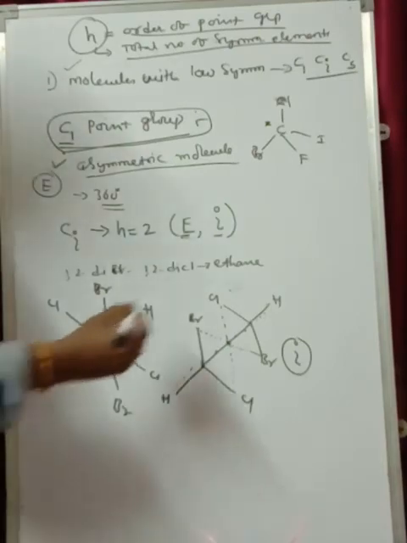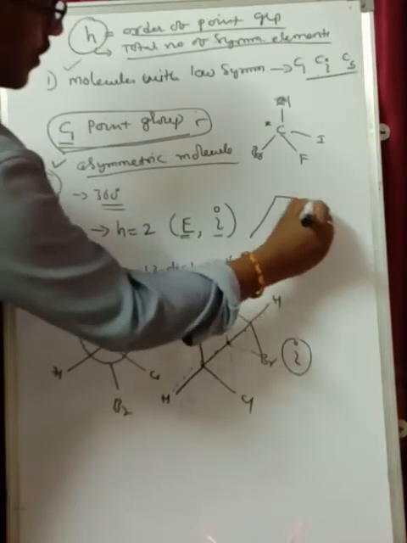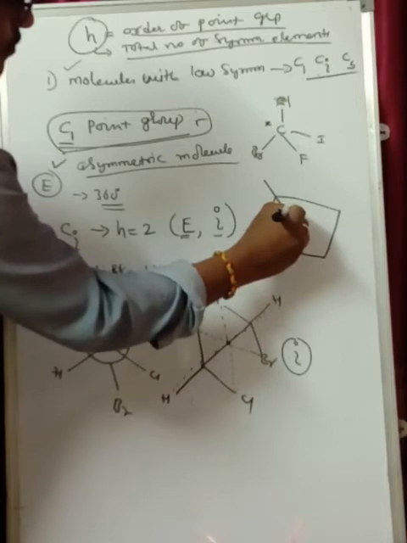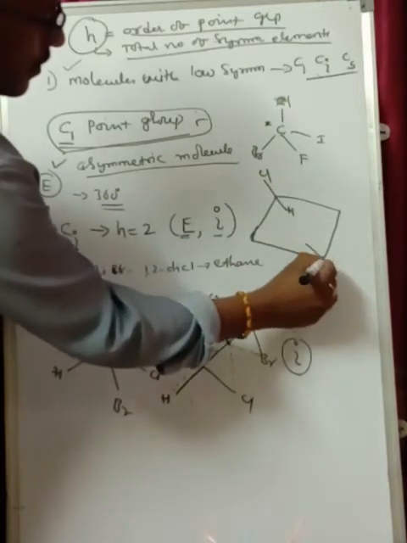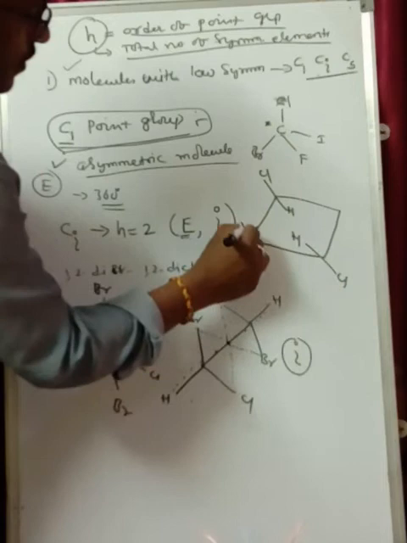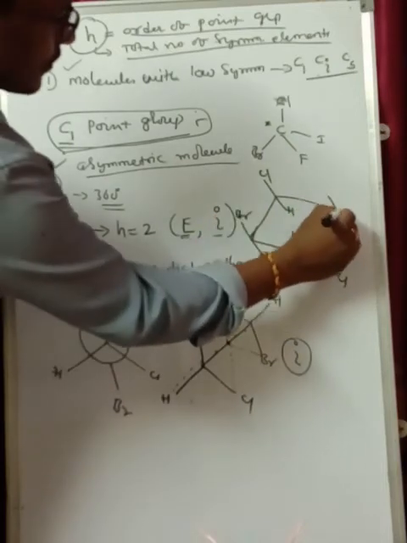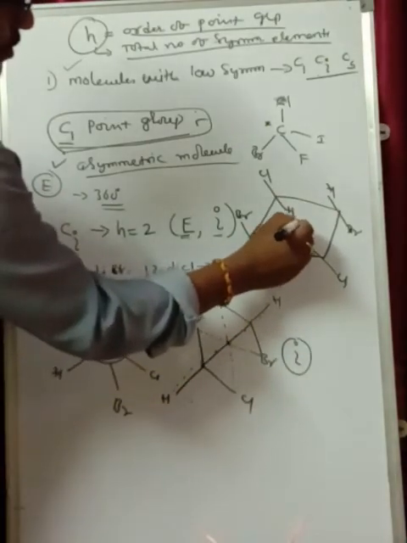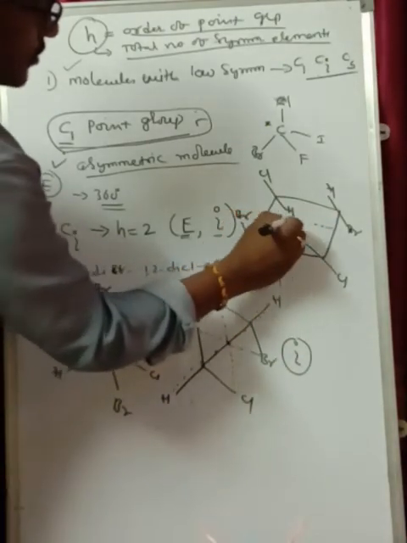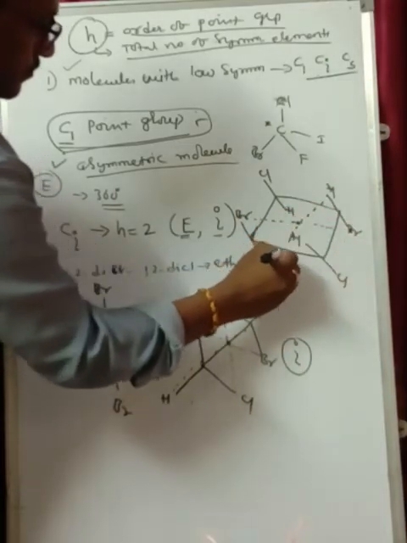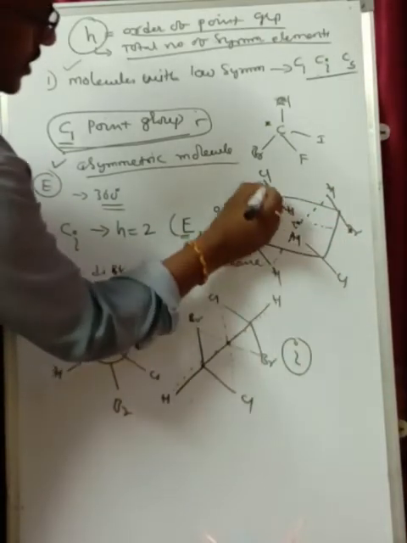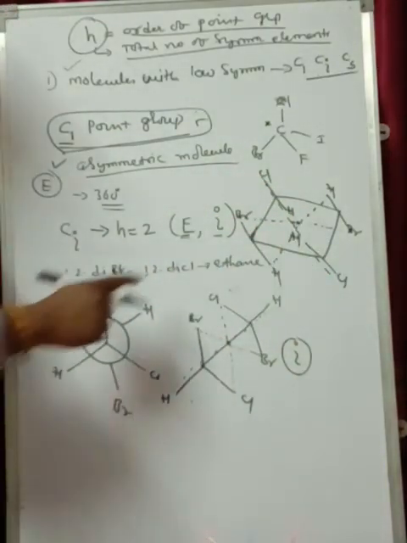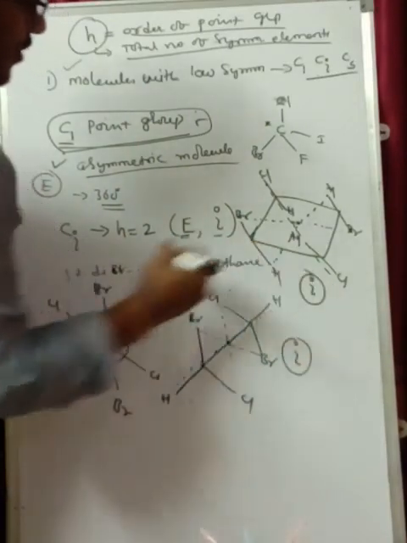And the other example is the cyclobutane derivative, a halo-substituted cyclobutane. From the center of the molecule, if you look at the opposite groups, similarly the hydrogen and hydrogen, chlorine and chlorine, they match with each other at equal distance, and therefore this particular molecule has the center of inversion.